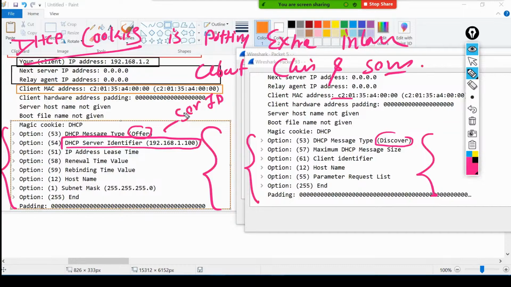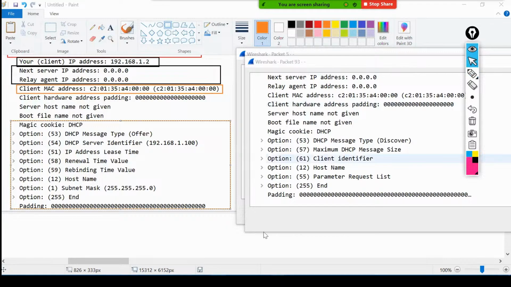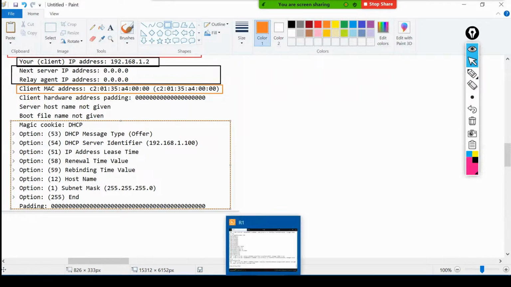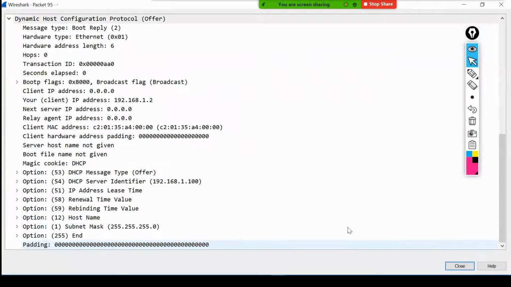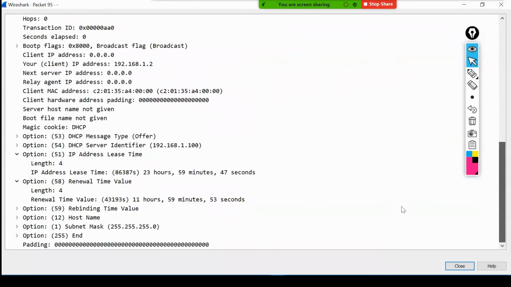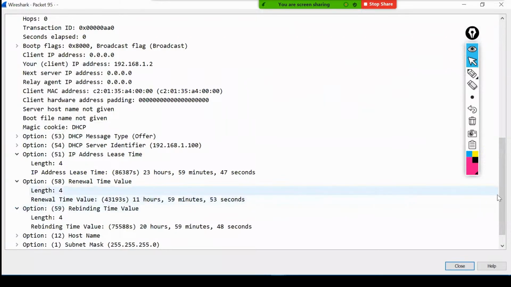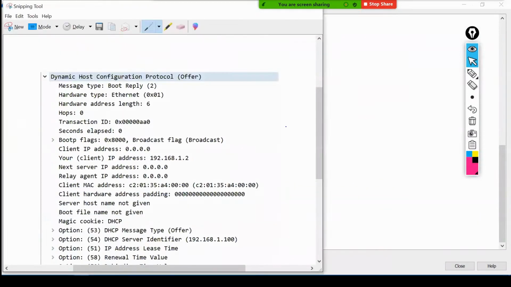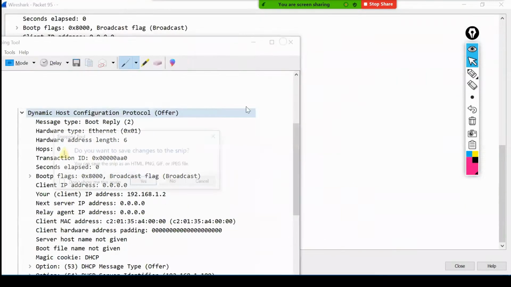Right? At the same time, after that I'm going to put extra information, because this is classless, I'm going to put the subnet mask information. And now this IP that I'm allocating, I'm allocating in a dynamic way. So if I'm going to allocate this IP dynamically, I'm going to put some timer over there. It means that this IP is only valid for this amount of time.